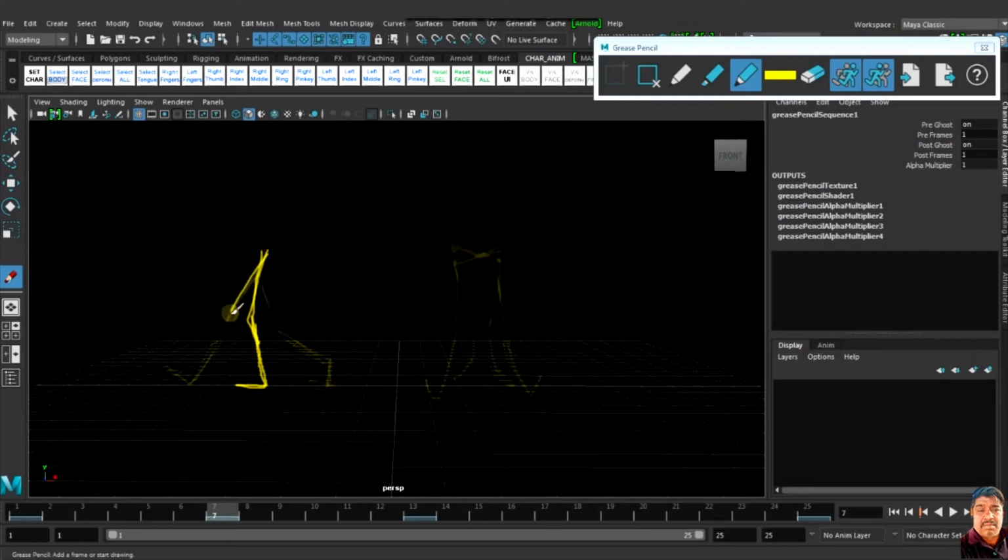This is my passing pose. Here the passing pose is like this. Now it's shifted, it now goes to here.